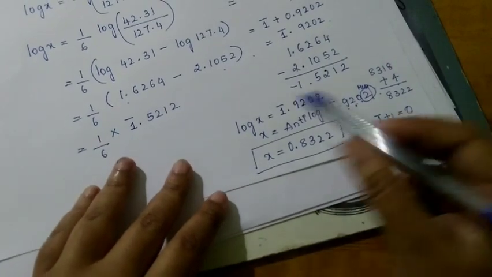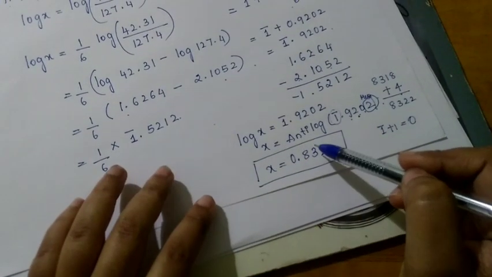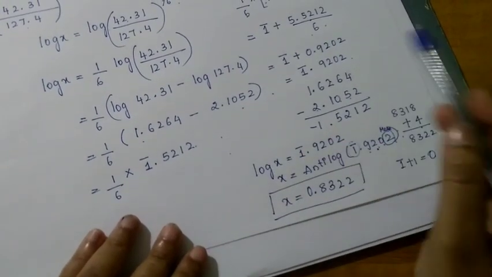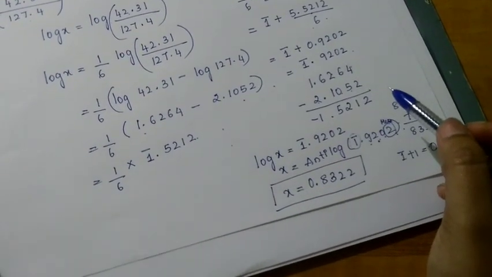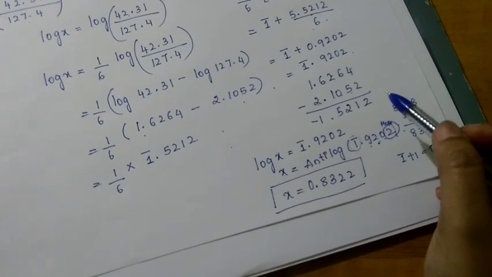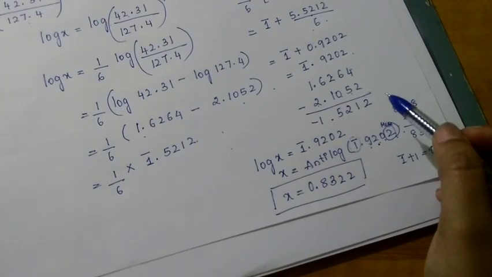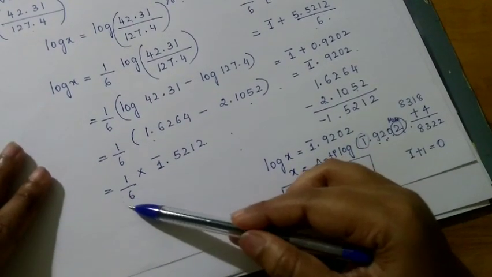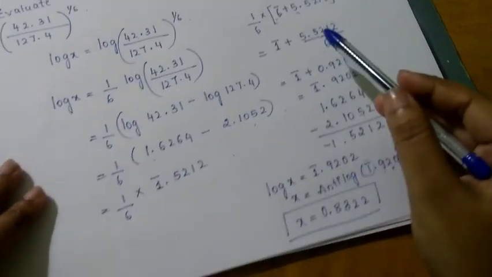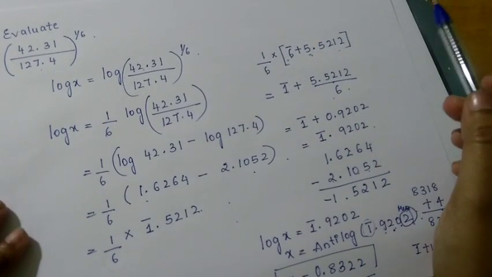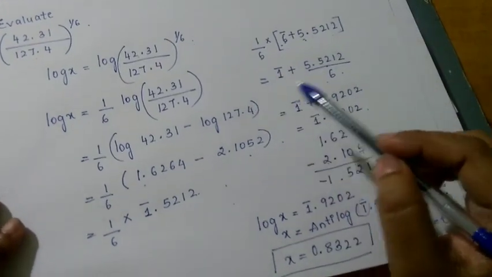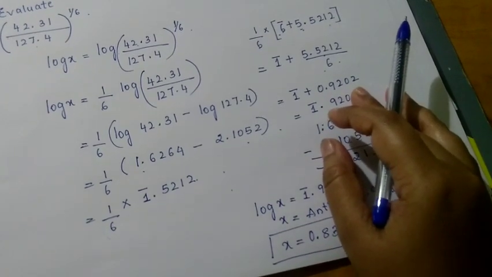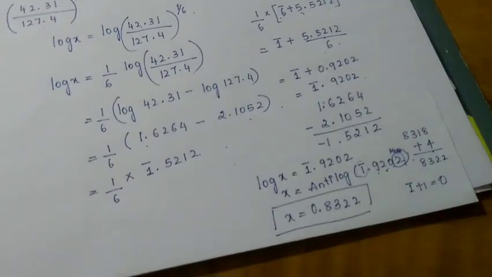If you solve it by using a scientific calculator, you will get this value. But when you are using a log table, then you have to follow the procedures. So I hope now, especially when it is concerned with multiplication and division, you people have got how to do it. When it is divided by a number, you have to make pre-adjustments to that number. Okay, hope it is clear to you how to solve it. So further we are going to see examples based on the same concepts. Thank you.